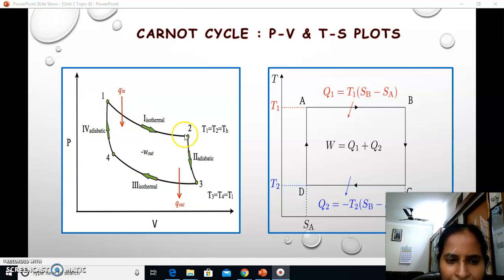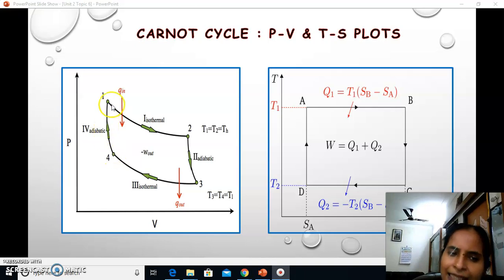heat supplied at constant temperature. Okay, so heat is supplied, but we have to maintain the temperature. T1 is equal to T2 equal to T, that is the higher temperature of the source. Second, 2 to 3 is an adiabatic process, in which the gas is expanded after it has absorbed the heat supply. And then 3 to 4, again an isothermal process, where heat is rejected at constant temperature, so T3 equal to T4 equal to T, the lower sink temperature.